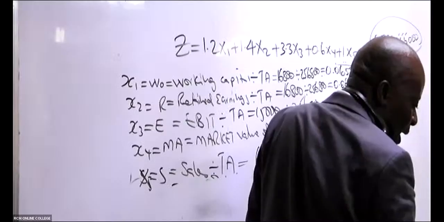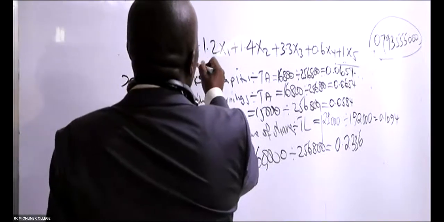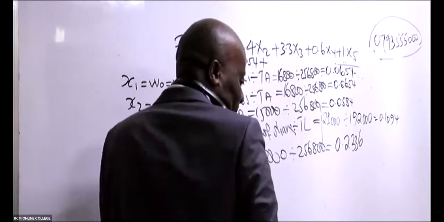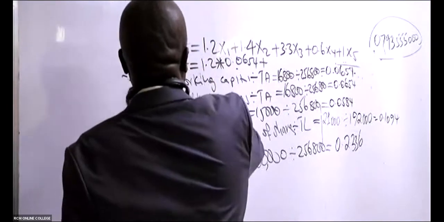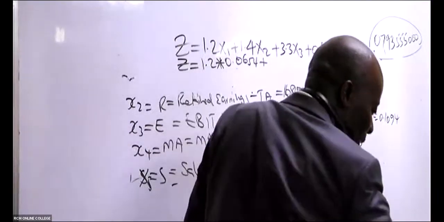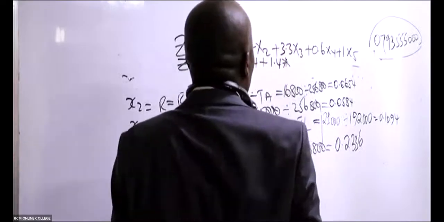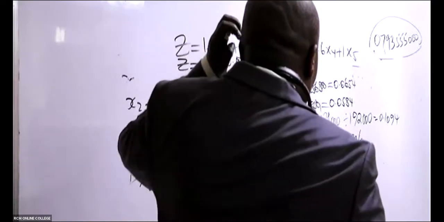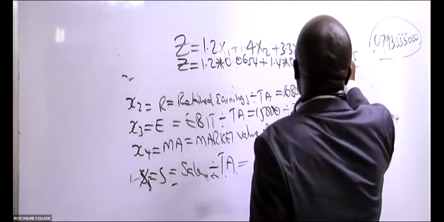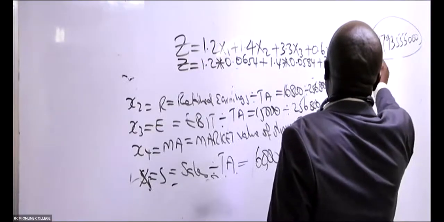So then can you kindly do me a favor? We now have every other thing that is needed. Yours is to come and substitute. So we are saying that our Z will be 1.2 times X1, which is 0.0654 plus. So plus, what else do we have here? Plus 1.4 X2. X2, ladies and gentlemen, which will be what here? 0.0584. Plus, we have here 3.3 times X3. X3 is here, 0.1094. Plus,